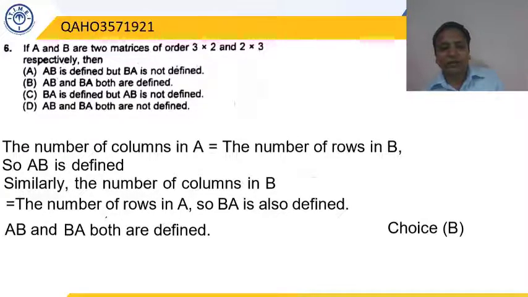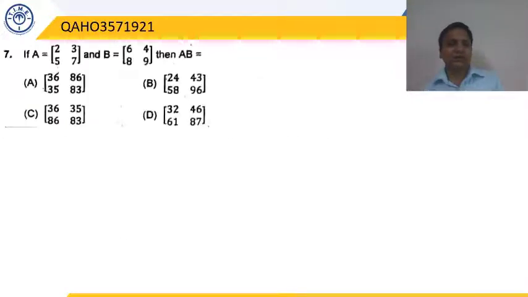Yes. Now let's multiply. Take an example. We take handout 1921, question 7. It says if A is a matrix given as 2537, a 2 by 2 matrix, and B is also a matrix 6849, or 6489 as you wish to say. Then you want to find the value of AB, A multiplied by B. First of all, the number of columns of A matrix is 2 and the number of rows of B matrix is also 2. So AB is defined for sure. Let's multiply. Now how do we multiply these two matrices?